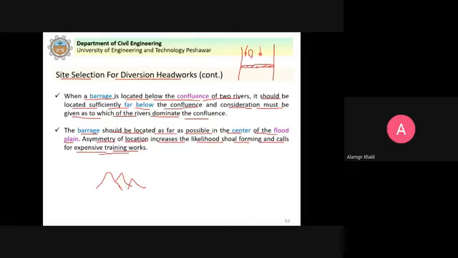So that's why at this stage, the rocky stage, or mountainous part of the river, this is not fit for